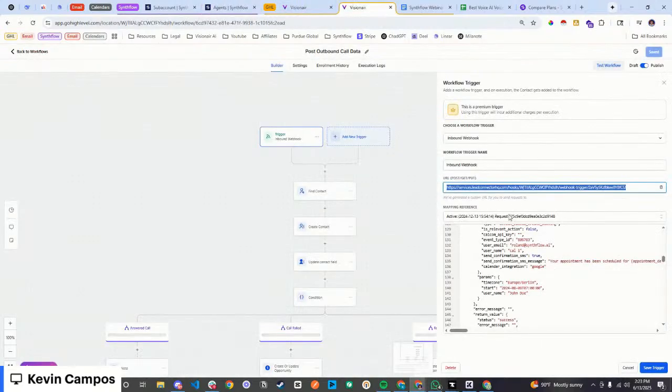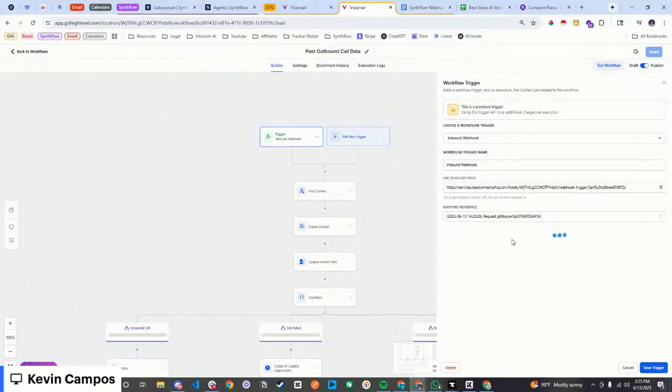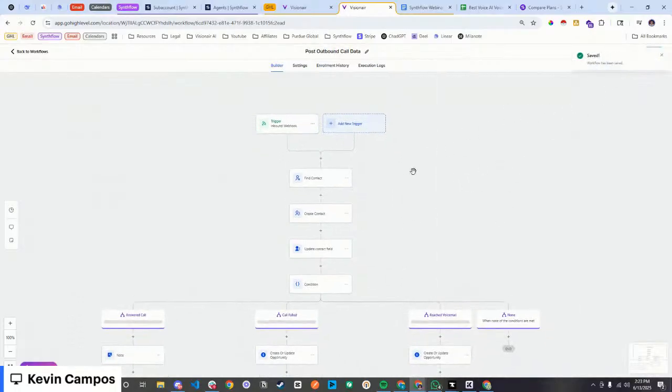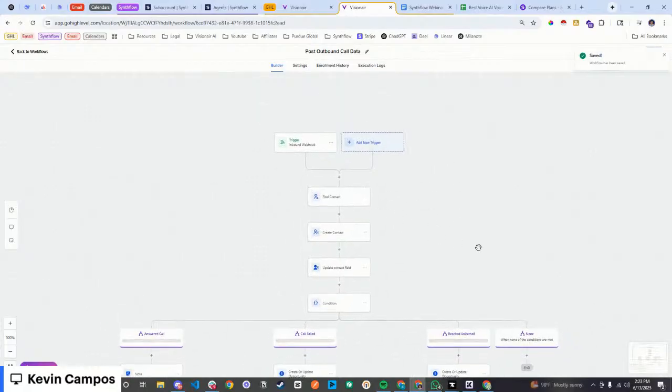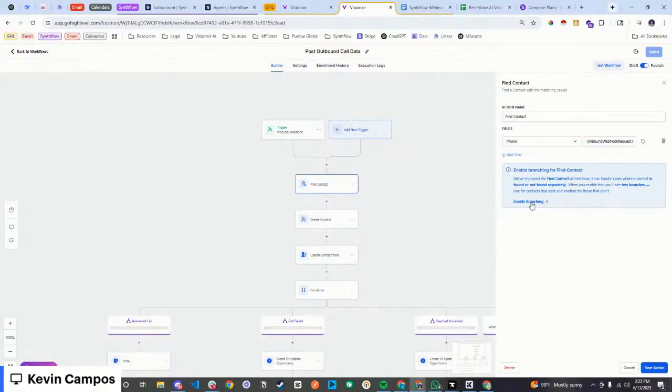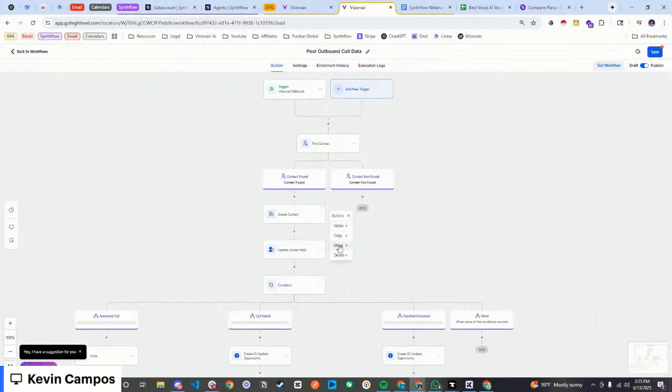Once you initialize the action, you're then going to map the reference. This new one just popped up. As you can see, it's 14:23. That's literally the exact time right now. You click on that, you save the trigger, you save the workflow. And in here, I've already created a preset workflow that you guys can go through. So in this case, I'll just do the new way that they're doing it right now.